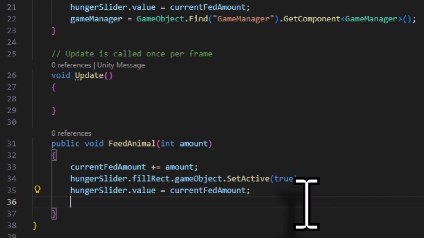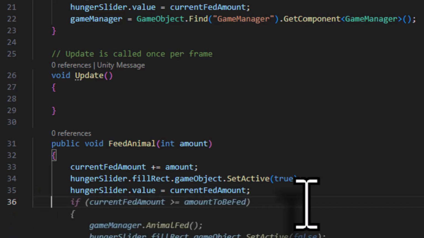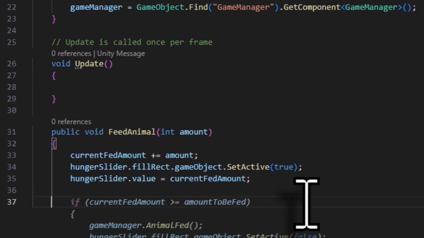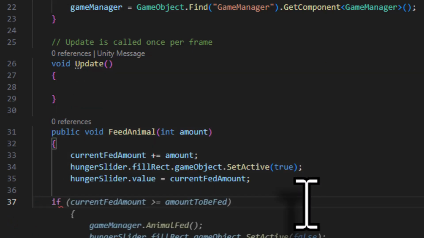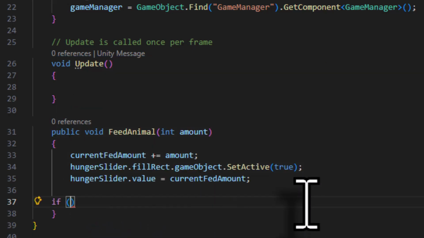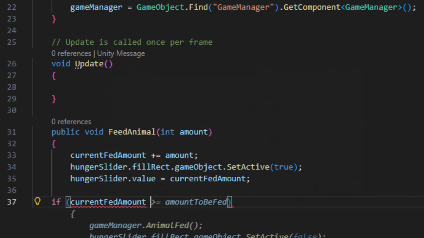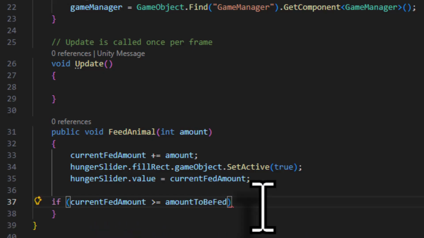We have to then test a condition. So I will come to next line. I will add 2-line gap, and then I will call for this if statement. I will add open close bracket, and the condition we are going to now test is current fed amount. If it is greater or equal to amount to be fed, then I will come out of the bracket,